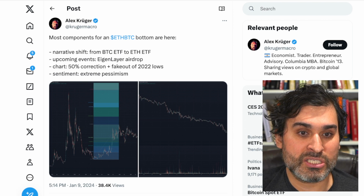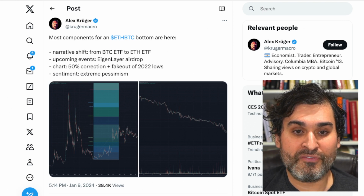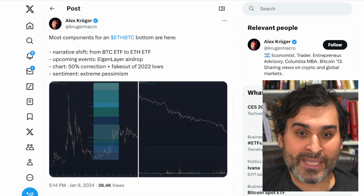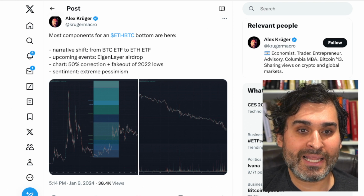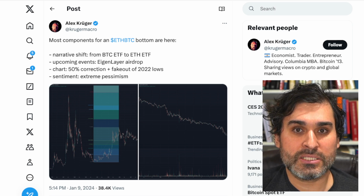ETH. There's a chart, it's had a 50% correction, and a fake out from the 2022 lows on the ratio going to 0.049 that I talked about in the episode a couple of days ago. And then the sentiment was extreme pessimism. So Alex here is making the case that all of these things are the pure catalyst now for ETH to